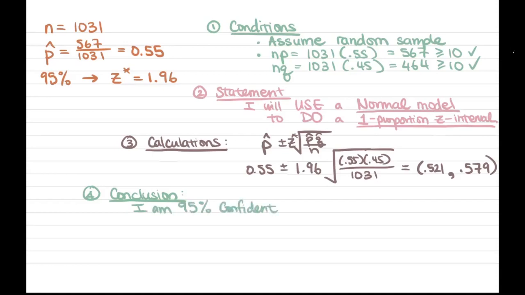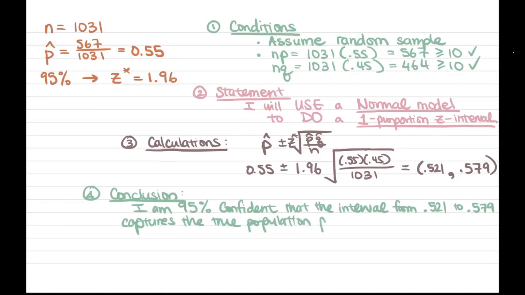I'm 95% confident that the interval going from 0.521 to 0.579 captures the true population proportion